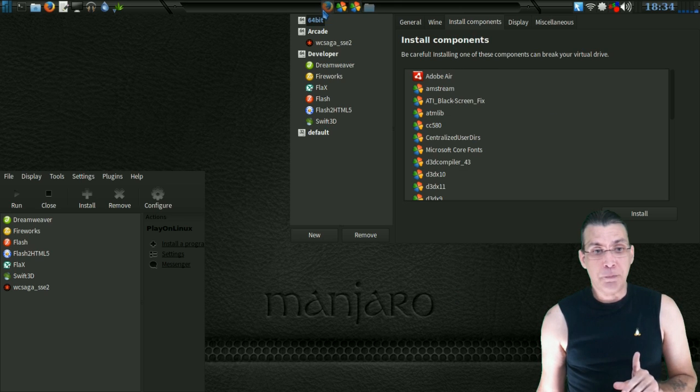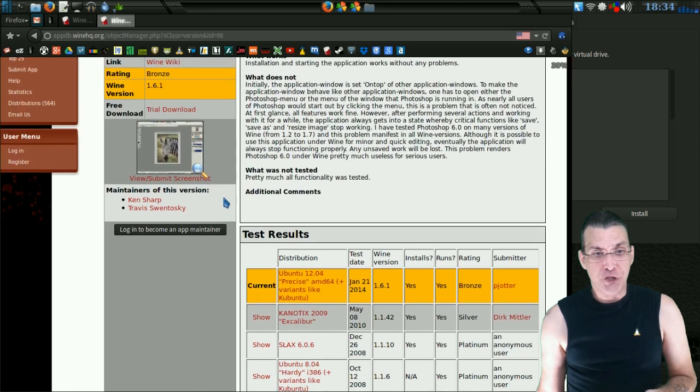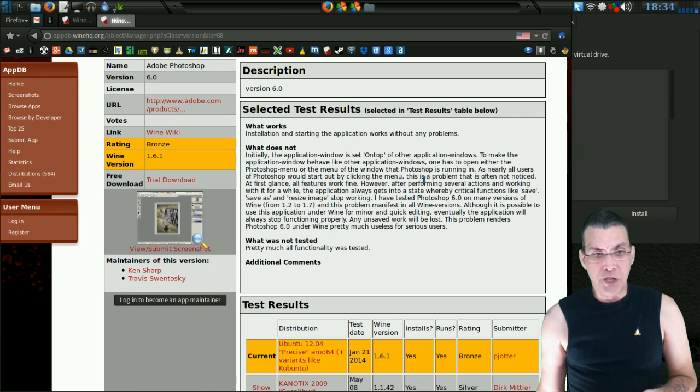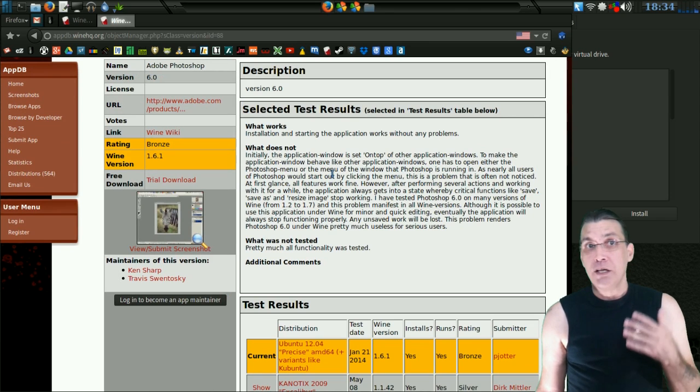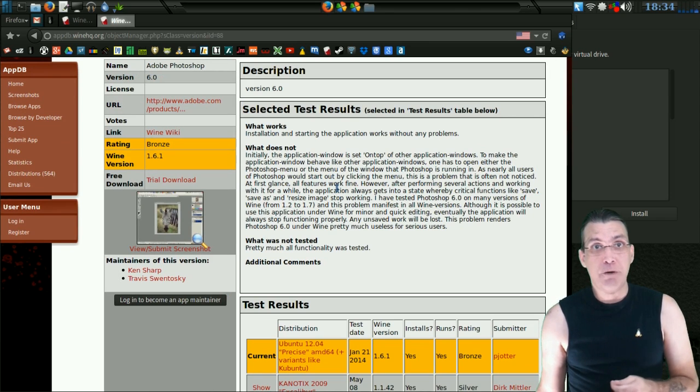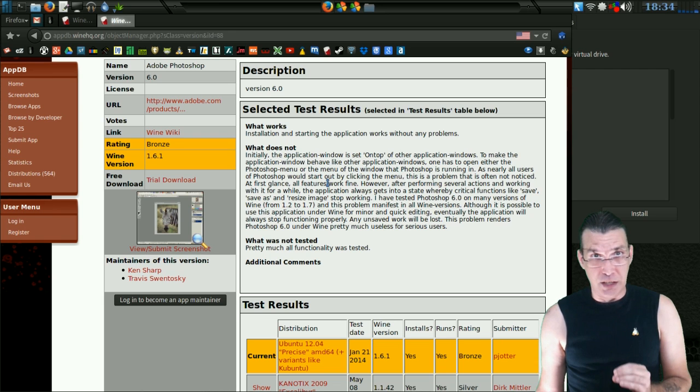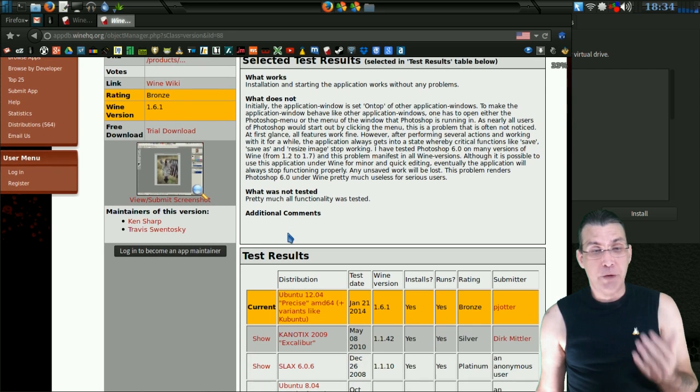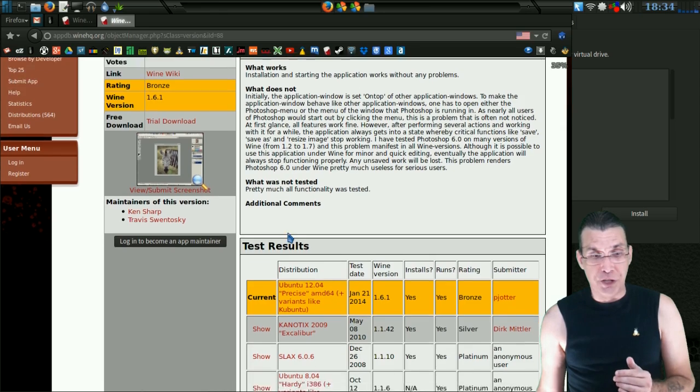So when we think about the Wine HQ page and we are looking at these results, it may tell you, okay, you need to install .NET Framework. You need VB runtimes. You need a certain DLL. You need a certain file. So when you're reading through this listing, read carefully what it's telling you, and if you followed the instructions and it still doesn't work,